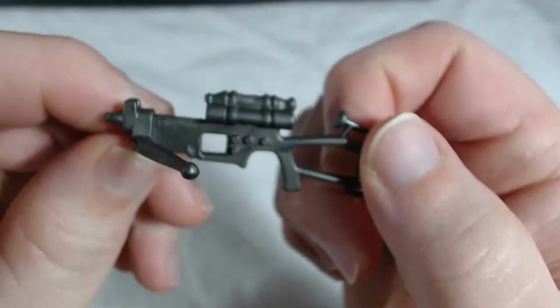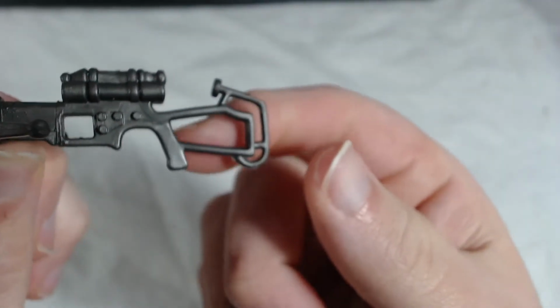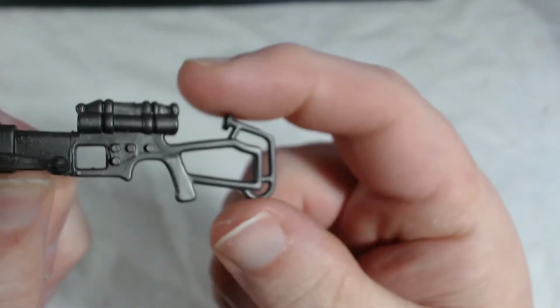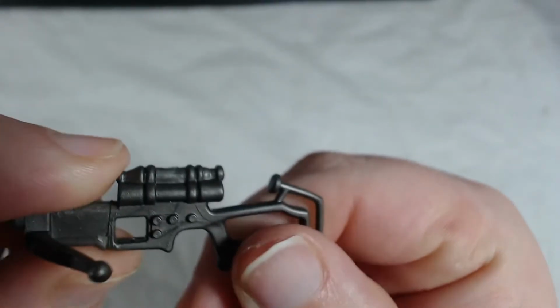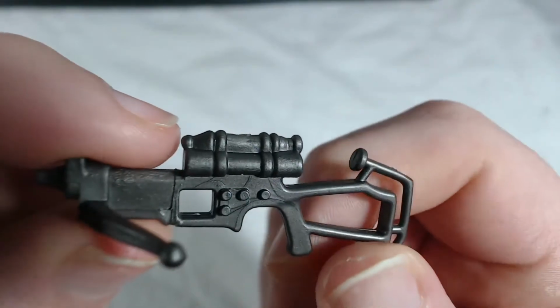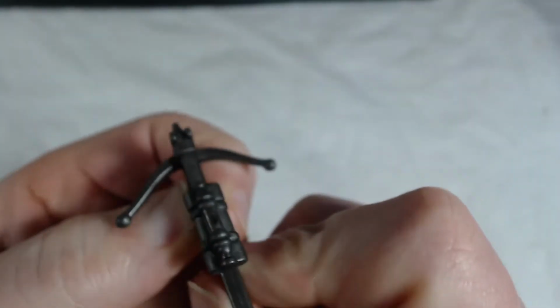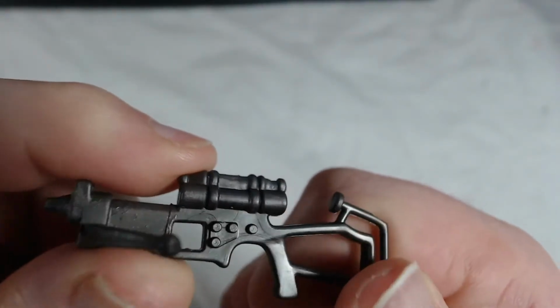seriously impressed with these accessories because I was used to toys in the 90s. If you got the general shape of a weapon, you were doing good. But look at this, guys! This beautiful piping for the stock, the nuts and bolts here that hold it together, and that little plate. This little square area here, I'm pretty sure it's meant to be another place to hold it, but maybe that's where the power